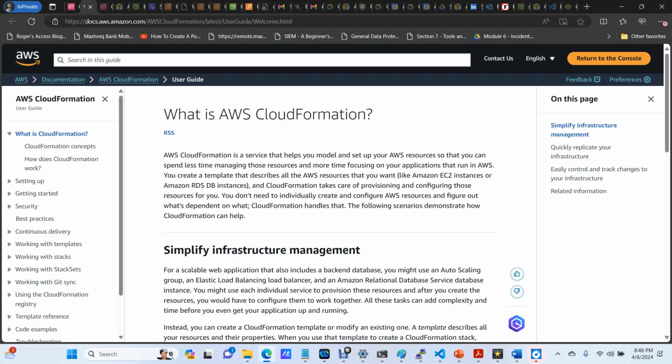So we would talk about CloudFormation. CloudFormation is one of the most popular AWS services to go ahead and create AWS resources using infrastructure as code. So in CloudFormation, this is a service that helps us model and set up AWS resources in a consistent